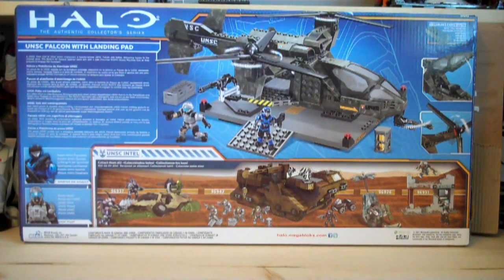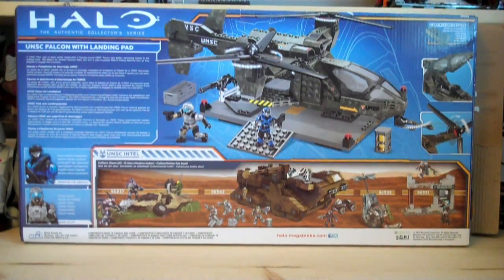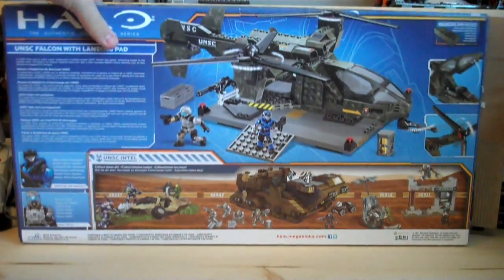the UNSC Pilot. Then we also have a summary, and it says the UNSC Pilot, clad in silver armor, maneuvers a heavily armed UNSC Falcon into battle, delivering troops to the combat zone. A Mark V Air Assault Spartan takes aim with a side-mounted M24-7H heavy machine gun as they prepare to engage the Covenant. So that is the packaging, so let me get this out of the way,